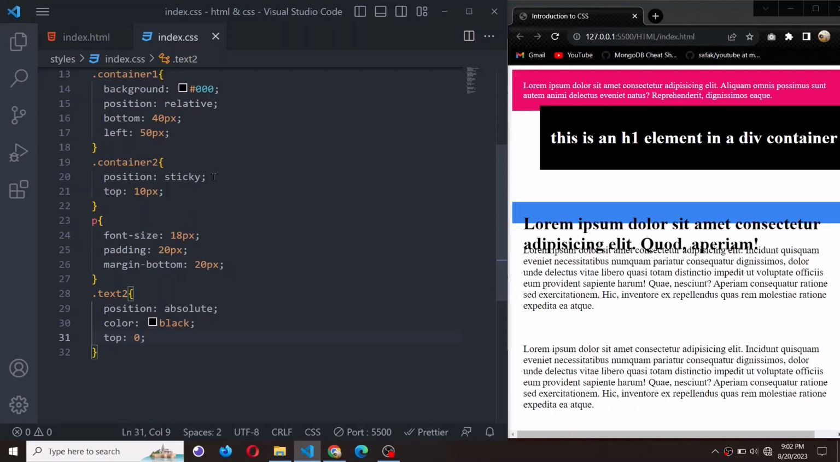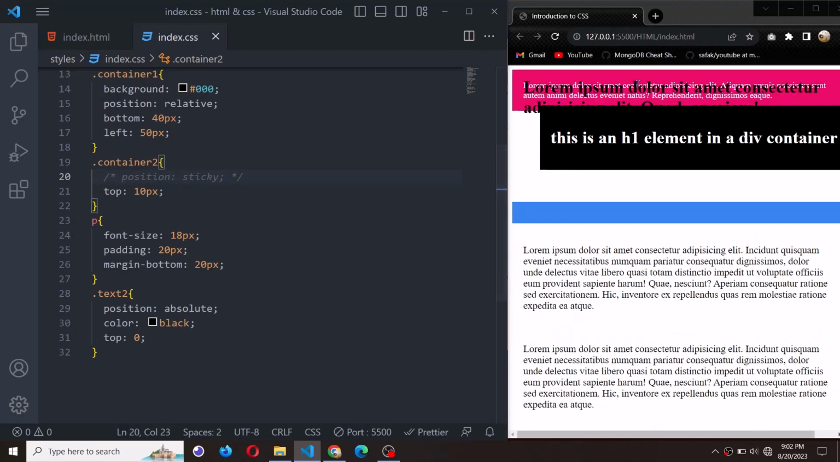Okay, now let me comment out this one and let's see something. Now the test goes up there if we don't set the position property for the container element. Is that okay? Great. So if we don't want this thing to happen, if you want to set the test